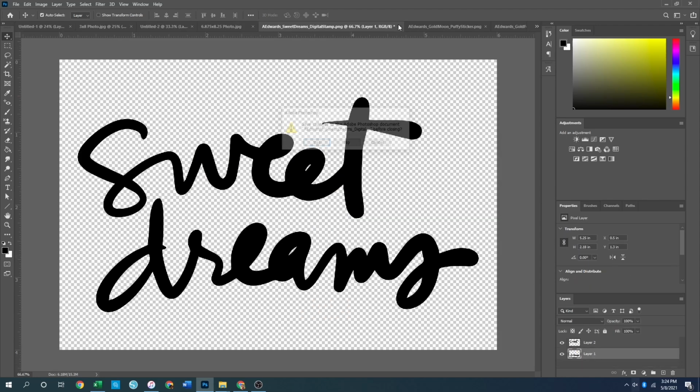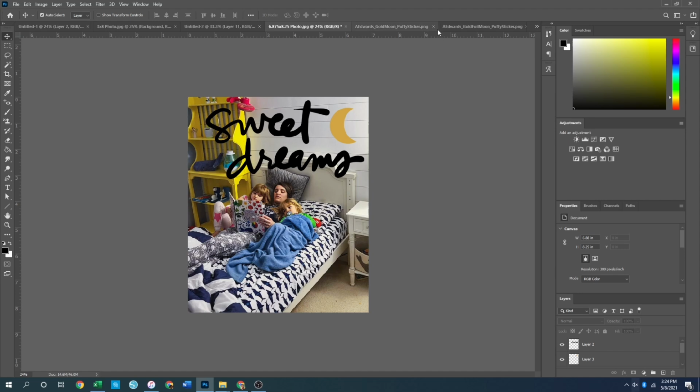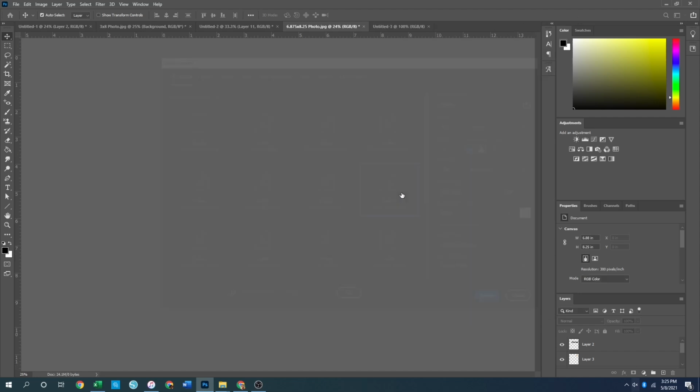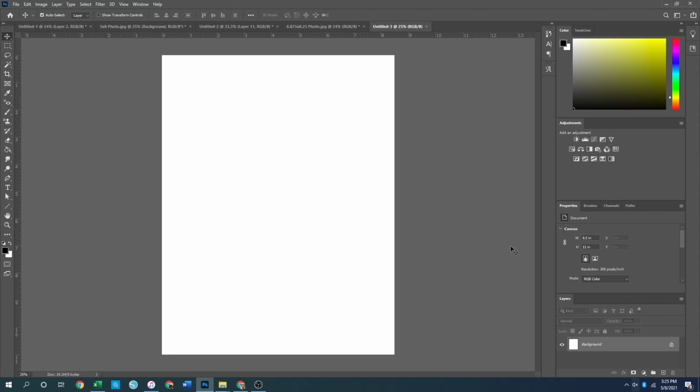So let me show you now that we have everything created, what do I actually do with it? How do I get it printed off? So first what I want to do is create a canvas. I print on a wide format printer, but I typically use the 8.5 by 11 inch photo paper and cardstock. So I'm going to open up an 8.5 by 11 page here. And this is where I will put all of my photos. So we'll get that